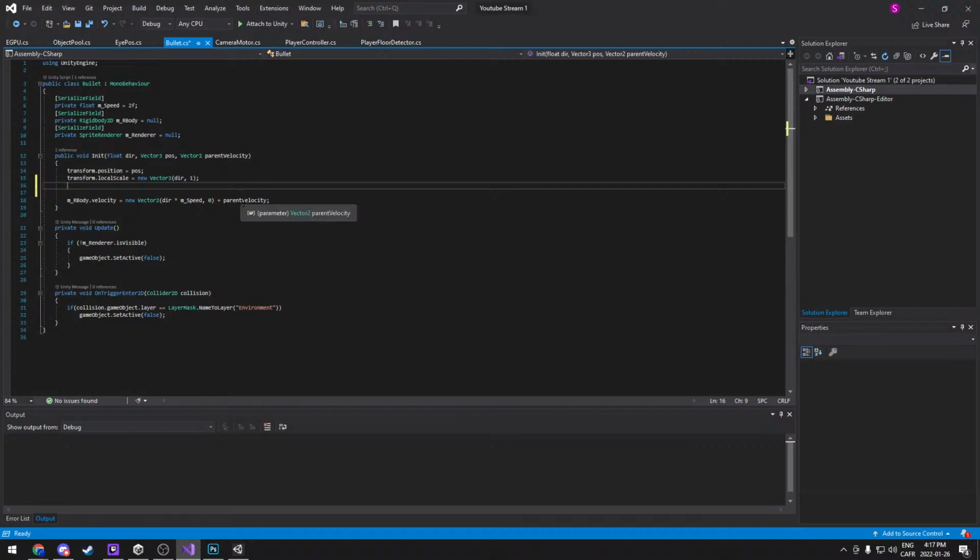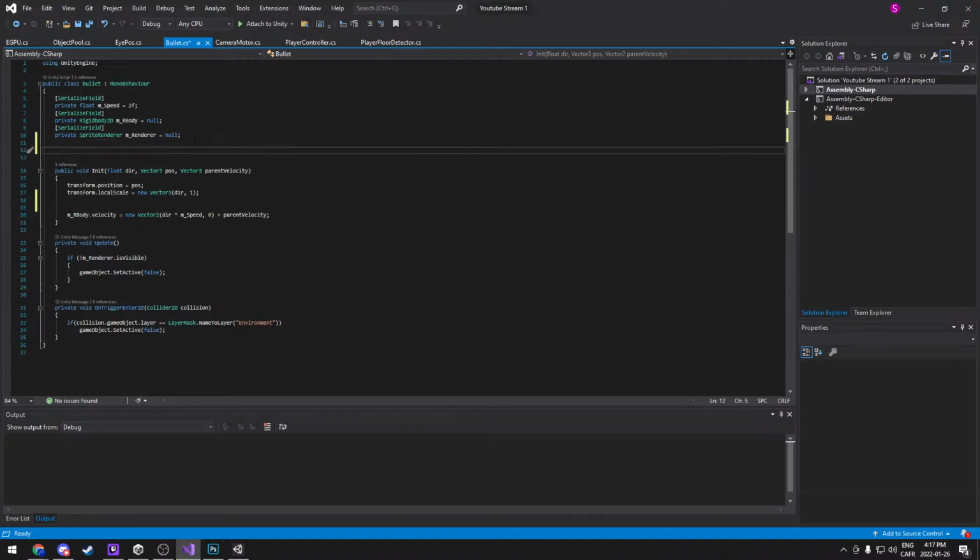Okay, so we want the speed. Private float shot speed. So shot speed is going to equal